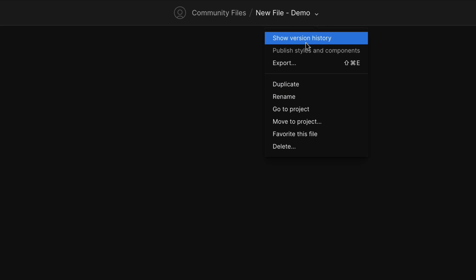And then the first thing you got to do is rename your file. So I'll just click on this and I'll rename this as new file demo, and it gets saved with this name. And you can use this drop down to see some extra options. So you have some version history. So as you keep working,